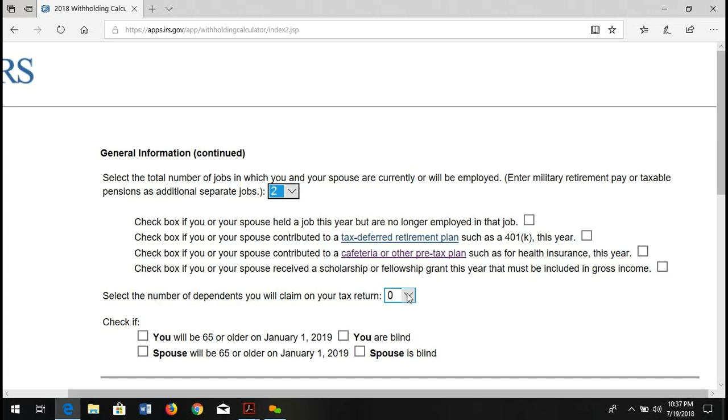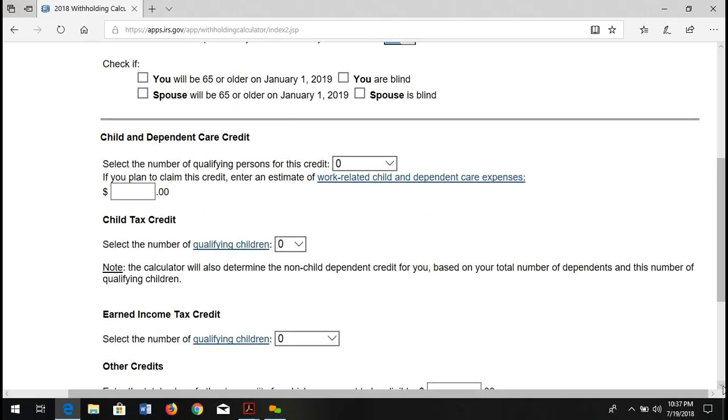Select the number of dependents you will claim. We can claim 2 dependents. So now as we come down here, we're not blind, we're not 65 and older. Dependent children, none of those are we going to collect because they're not in daycare. But select the number of qualifying children for the child tax credit, 1. And remember, they have another over 18 that the computer will take into consideration. So now we're going to come down